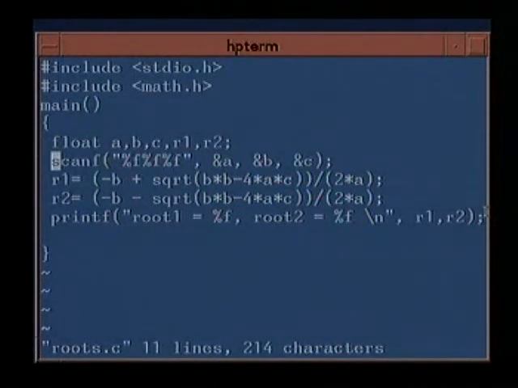So, first thing we have to read in is the coefficients a, b and c. So, how do we read in the coefficients? Scanf, and since they are floating point numbers, we read them by the %f format. So, %f, %f, %f. If you give a blank here, then you will have to read in a blank as well. If you give a comma here, you will have to read in a comma as well.